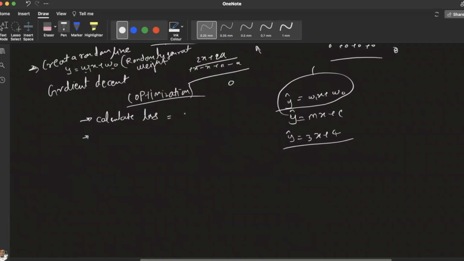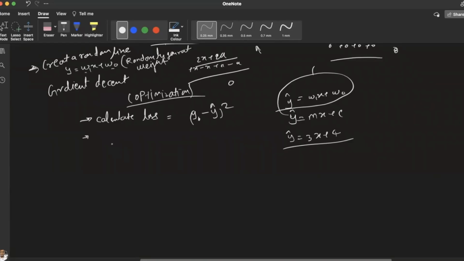Loss is equal to y minus y hat, or y hat minus y, anything will do. So let's say if I have (y minus y hat) whole square, this is the loss, right? We are doing it for one point, and we can replicate it for all the points. So this is the loss, right? If we take a partial derivative, so that's what we call